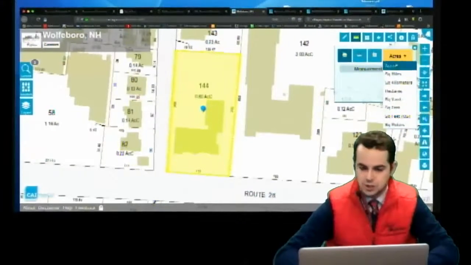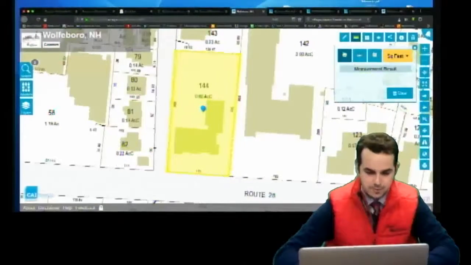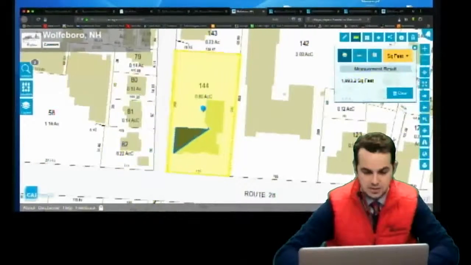Another thing I can do is actually do square feet. If I want to, for example, measure the square footage of Town Hall, I can go around the building that's shown here. Again, this is not going to be an exact measurement and is based on the building footprints that we have. But we can quickly navigate around it,